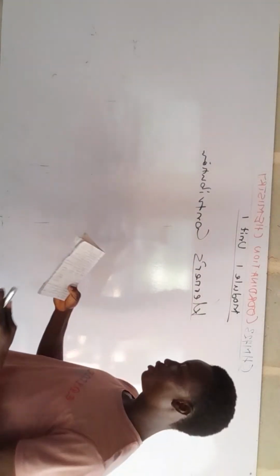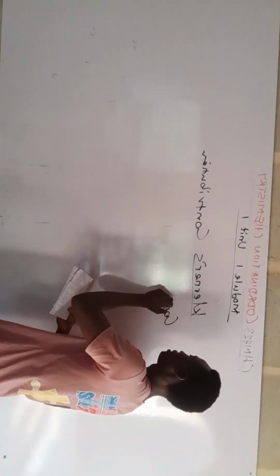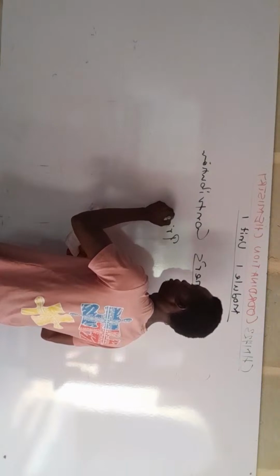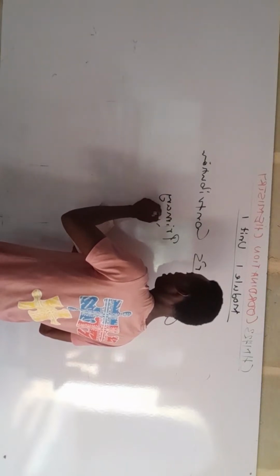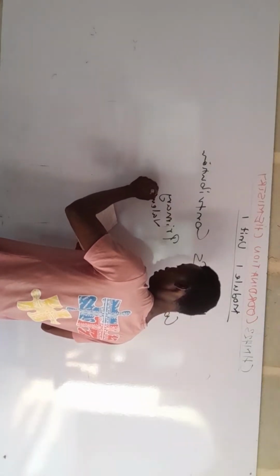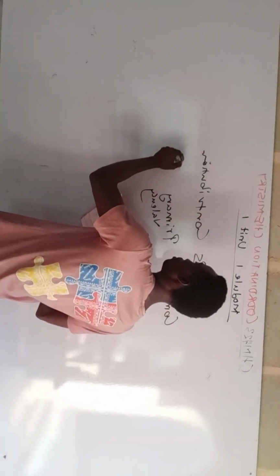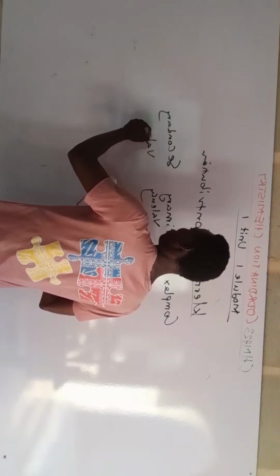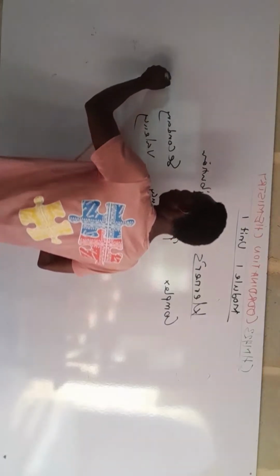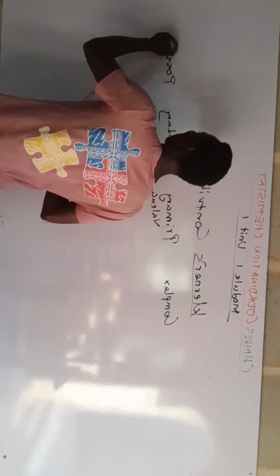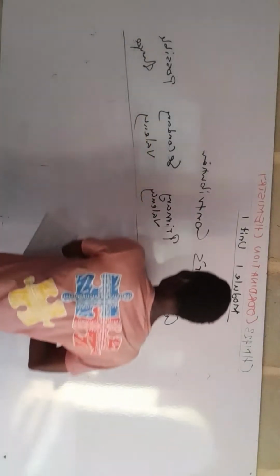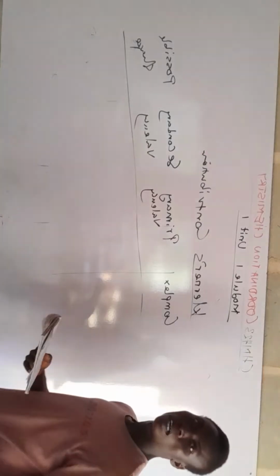So let me begin with this one here, the complex, where we have the primary valence, secondary valence, and possible shape. So this is where a question can come out in form of,